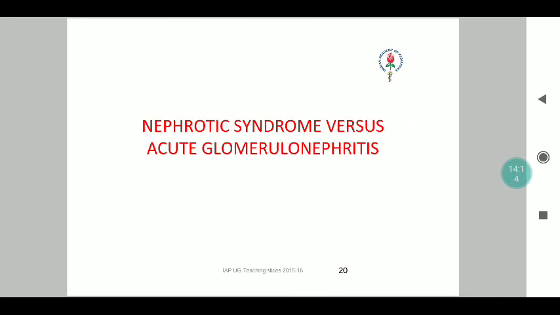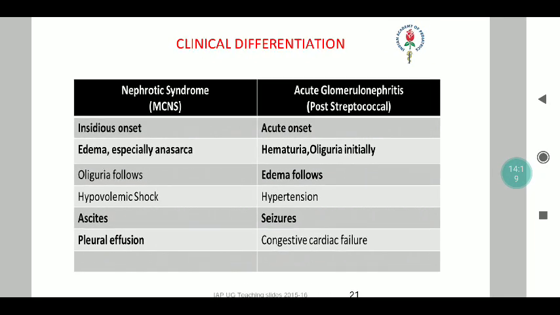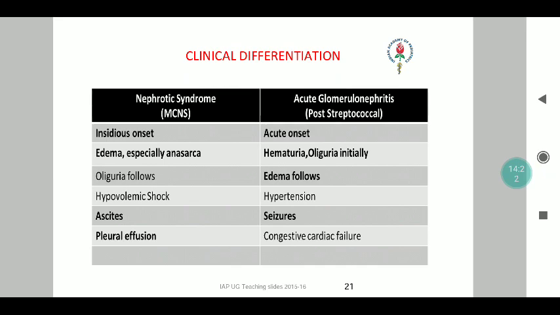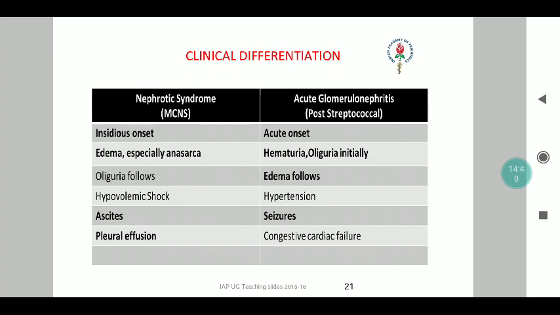A brief contrast between nephrotic syndrome and acute glomerulonephritis. Nephrotic syndrome will generally be insidious, whereas AGN will be of an acute onset. A history of a preceding fever will be there for both, but it will be more significant in case of an AGN where there was a history of impetigo or pharyngitis beforehand. The predominant feature in AGN is hematuria, and the child will come with a complaint of reduced urine output.